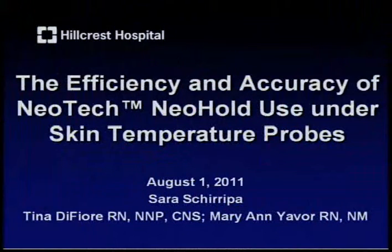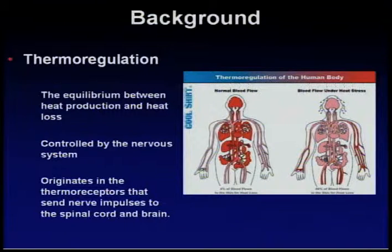This summer I had the honor of working in Hillcrest Hospital's NICU with my mentor Tina DiFiore, and the project that we worked on and are continuing to work on regards the efficiency and accuracy of NeoTech NeoHold use under skin temperature probes. So to get started with a little background, thermal regulation is the equilibrium between heat loss